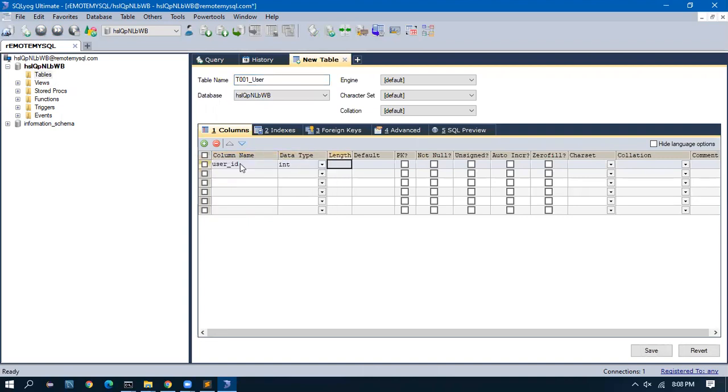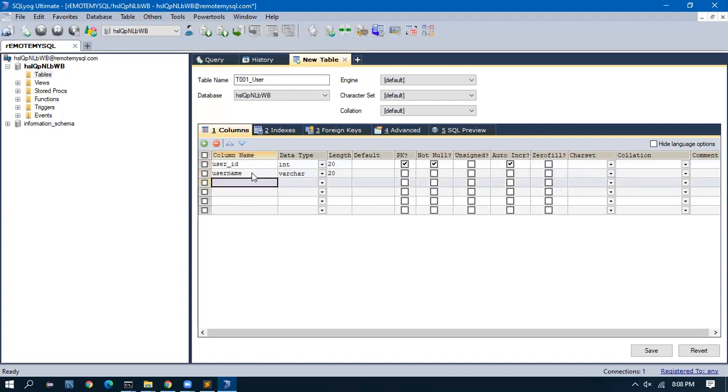The data type is int, with length 20, and it is a primary key, which means every row is going to have its own unique value, and I'm going to give auto increment. And I'll have a user name field, which is a varchar, and the length of the field will be 20 characters. It's not a primary key, it is not null. All these I'll leave as they are.